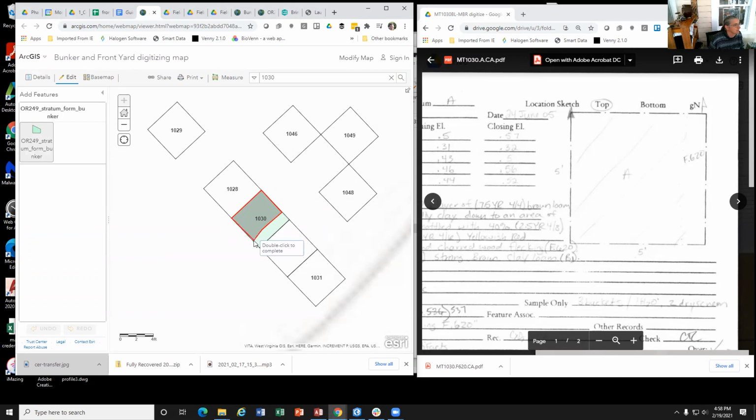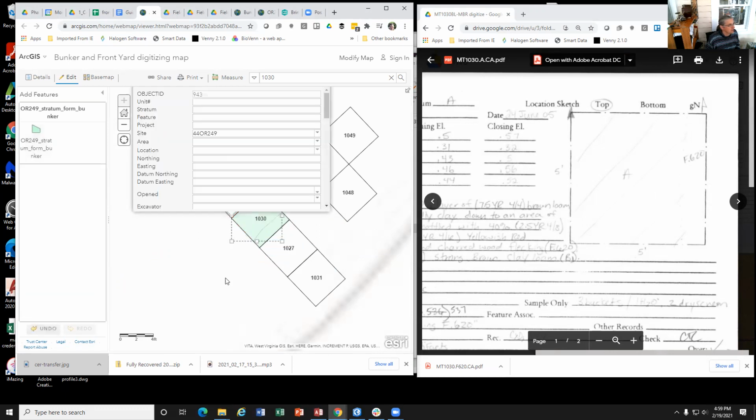It looks like this is the edge of the feature, and then once I'm done, I'm going to double click, and that'll bring up the other screen. But you can see this area right here is outlined in red and gray like so. So I'll double click to finish, and now what we'll do is we'll enter in,